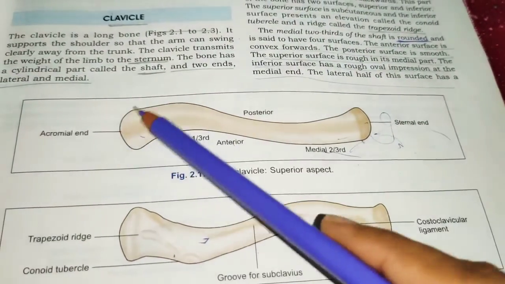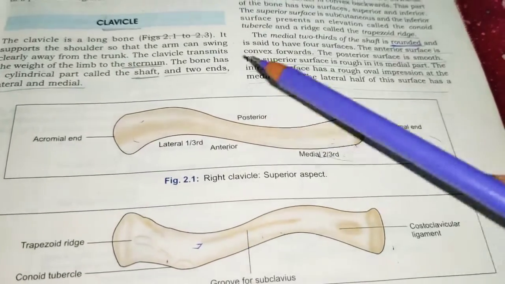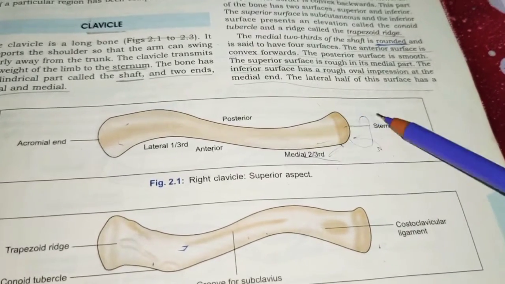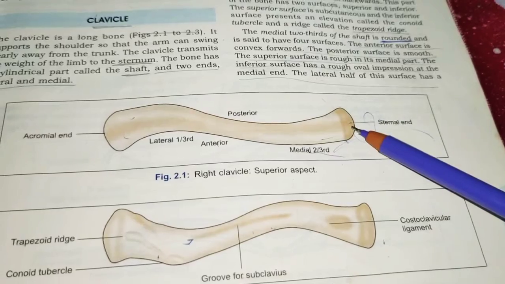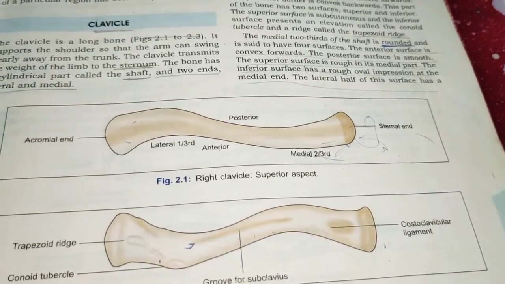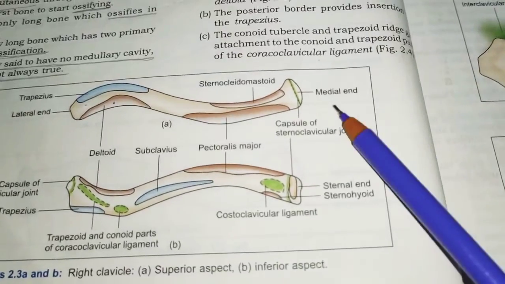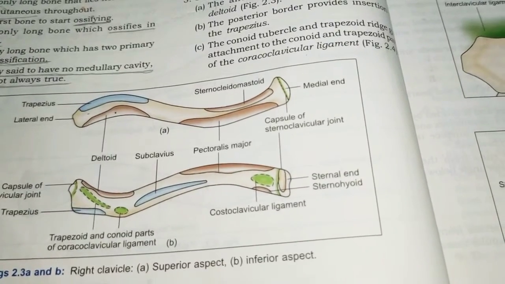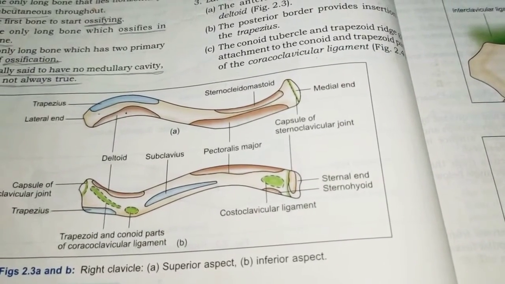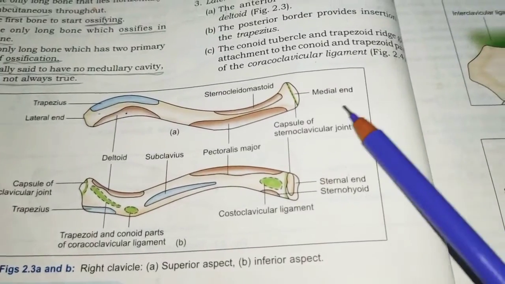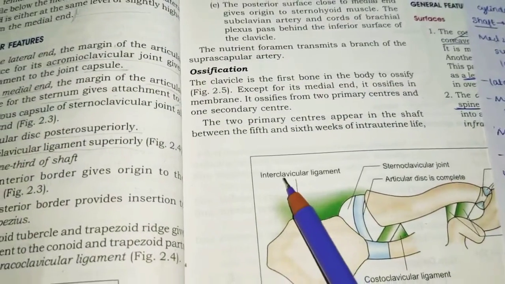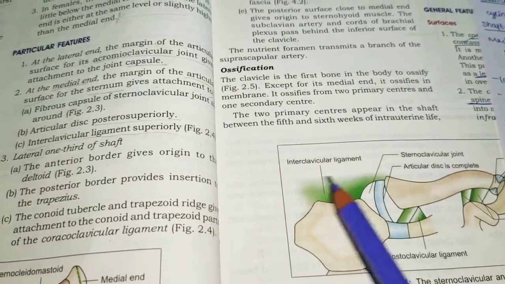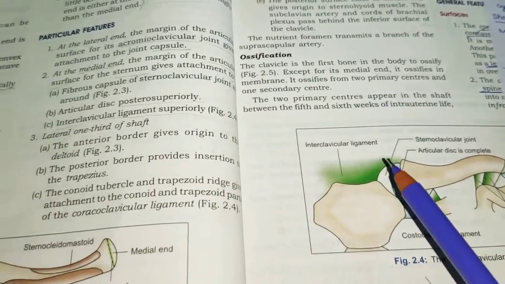So at the lateral end there will also be formation of a joint capsule of the acromioclavicular joint, and at the medial end, of course, the capsule will be present for the sternoclavicular joint, and there will also be an articular disc, which is placed posteriorly. I will show in the next diagram. So here you can see the capsule for the sternoclavicular joint, right? And the articular disc will be present posterosuperiorly, and the interclavicular ligament will be present. You can see here, this is the interclavicular ligament. Between the two clavicles it will be present, actually superiorly. Why? To hold the two clavicles in position so that they will not slip.